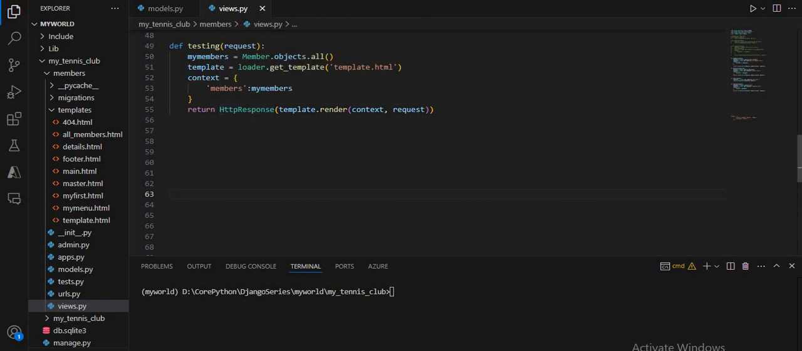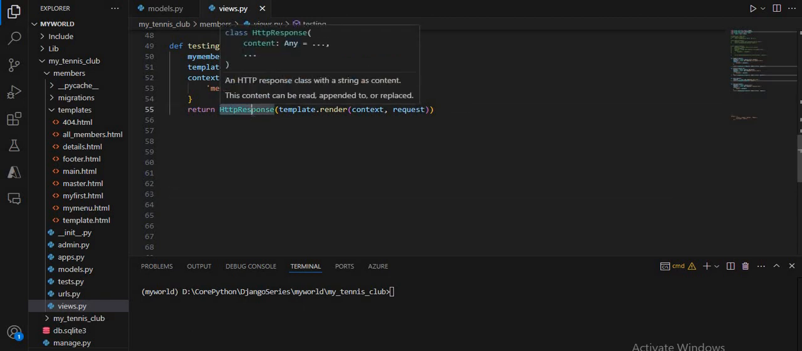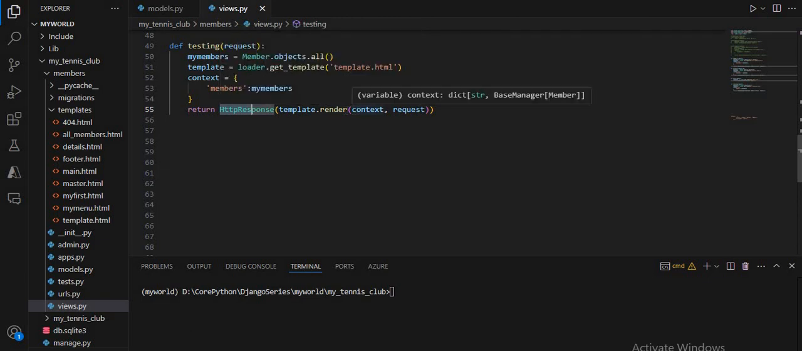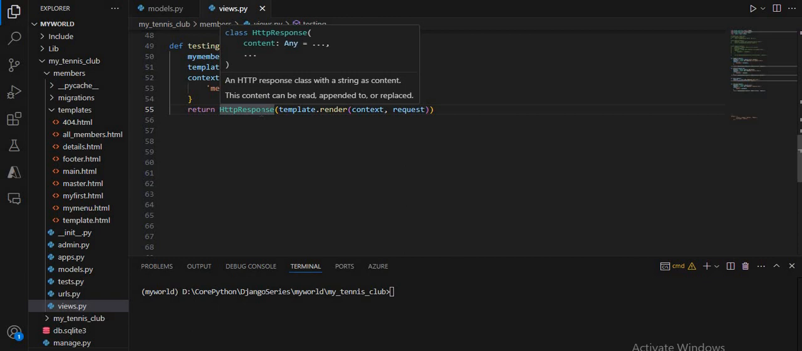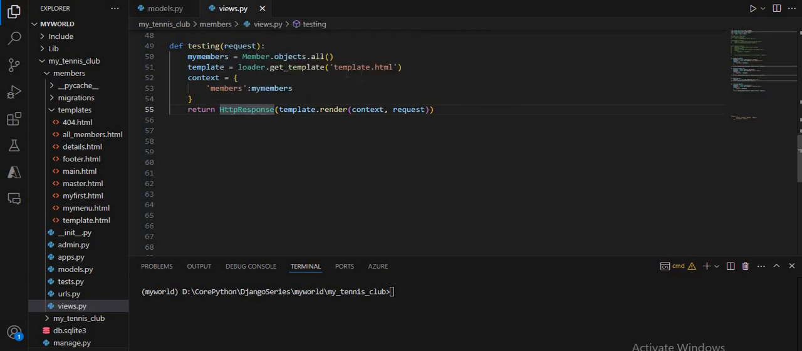So this HTTP response object is used to send the rendered HTML content back to the client. With the help of this HTTP response object, you will send the rendered HTML, as you see, the rendered HTML is template.html, back to the client, and the context dictionary, as you see here, is passed to the template. If you see template.render, we are passing the context dictionary